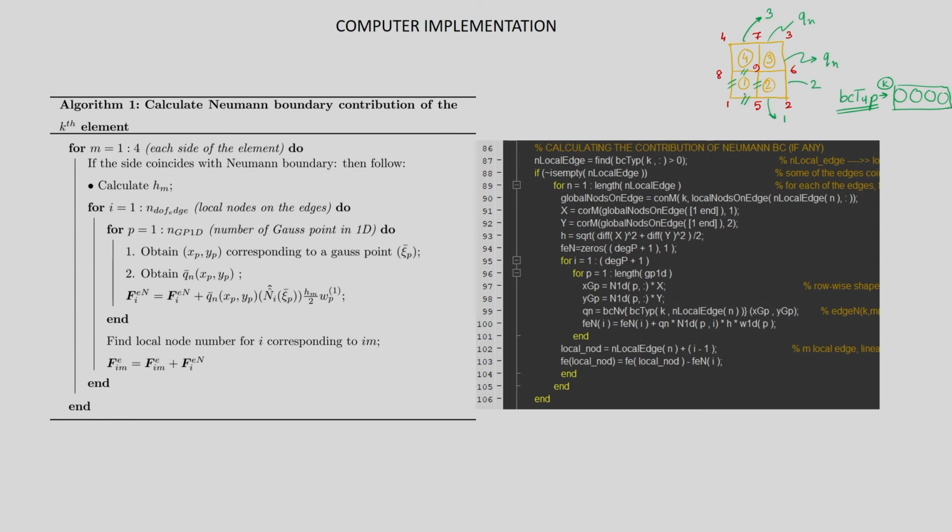So, if I write for k equal to 1, the first element, the first edge coincides with the first Neumann boundary, the second edge is an internal edge, so it is 0, the third edge is also an internal edge, so that is 0, and the fourth edge coincides with the Dirichlet boundary, so we refer to that as -1. Alright. So, all the entries in the BC type which are positive denote that